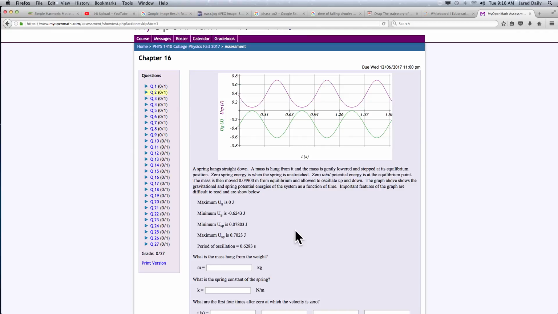Well, why is that? Because as you're bouncing up and down on the spring, your potential energy for gravity is high when it's up here and low when it's down here. This is U gravity, high. This is U gravity, low, down at the bottom. The high end of gravitational potential energy is up at the high point, whereas the spring potential energy is very